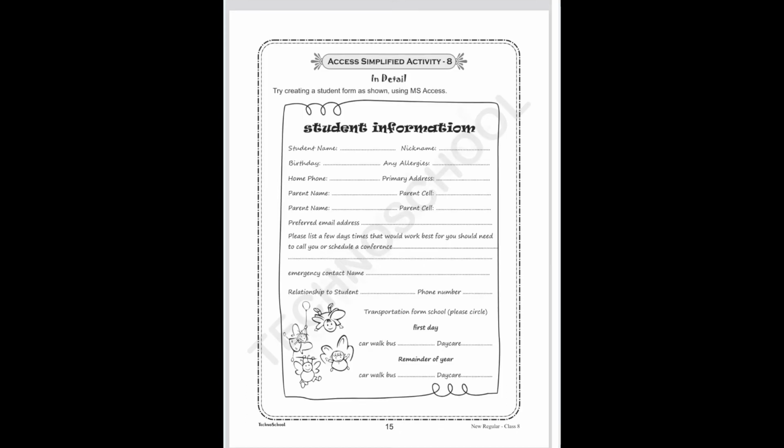Children, let me explain the next activity, student information. For understanding the MS Access forms concept, they are giving this activity. We have to create a form in MS Access like this. Information we have to collect in MS Access, so we have to create a form for these columns. Here they are asking about the student information, their name and their date of birth, and some other details.